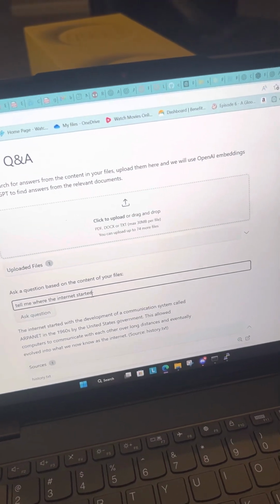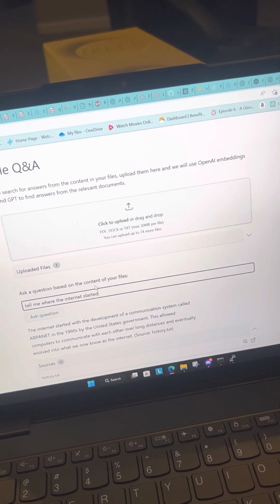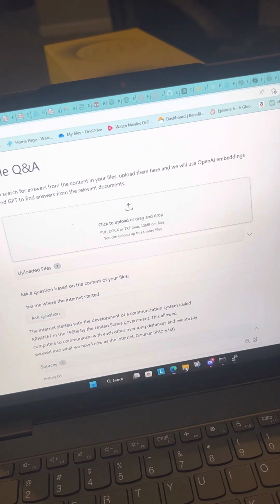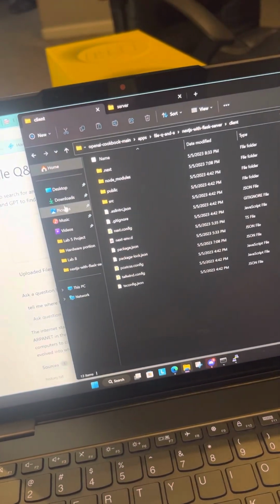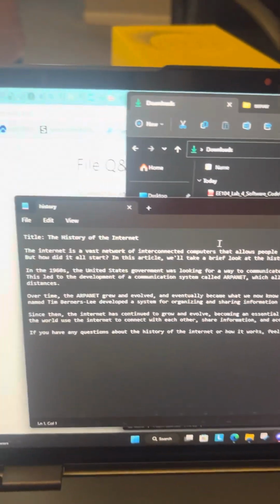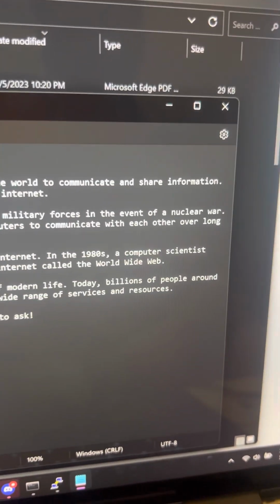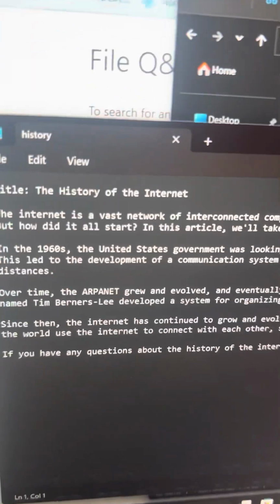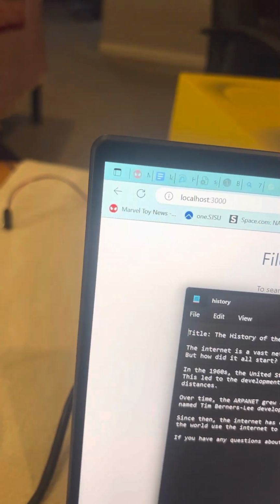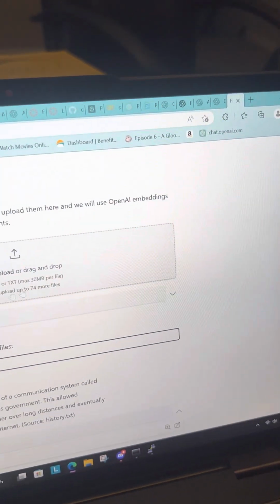So I uploaded a file. The file I uploaded to this is right here. Uploaded files. I uploaded downloads. This is what we uploaded. I'll also put this in my report. Essentially a summary of the history of the internet. Yeah, and this is like a test file. And I didn't want to go over characters because I had to make 2 accounts. And then when we asked it a question,